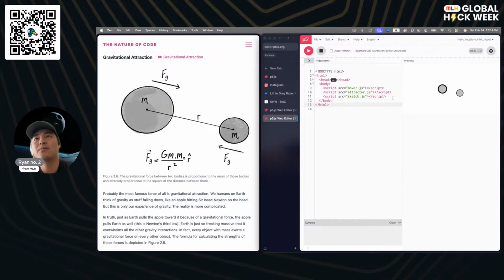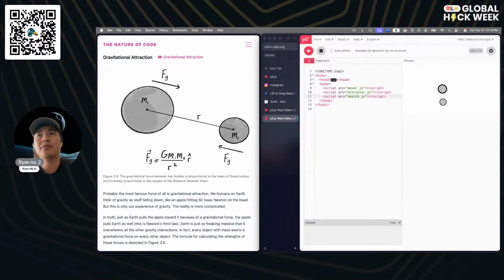The way that P5 as a library works, and I think of the way a lot of programming languages work, is they usually have one file that's called the driver file or the driver code, and that is the thing that runs everything else. Everything else is just descriptions of functions, which is reusable code statements.